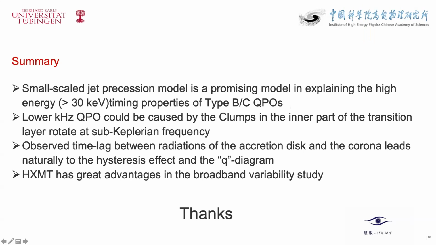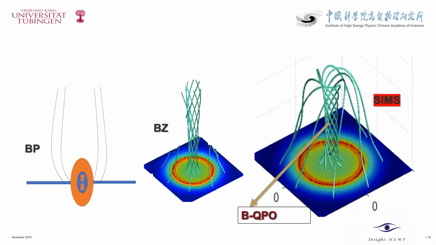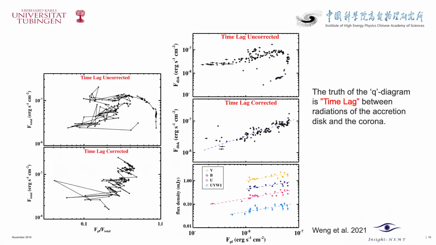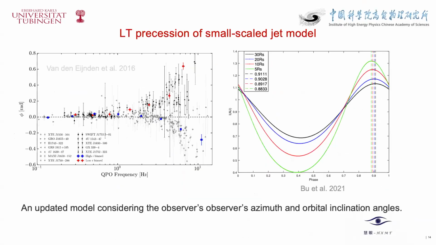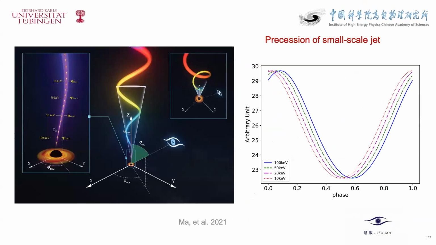All right, so I just had a quick question regarding the small scale jet precession model. Is there a specific reason why we're seeing this in MAXI J1820 as compared to other sources? Oh, this model is not limited just to 1820. It can explain the RMS correlations and the time-lag correlations in most of the black hole transients. We even applied it to MAXI J1631 and also MAXI J3048.